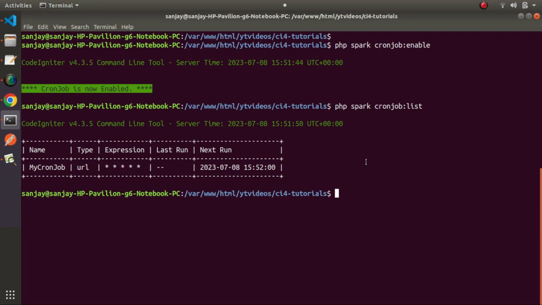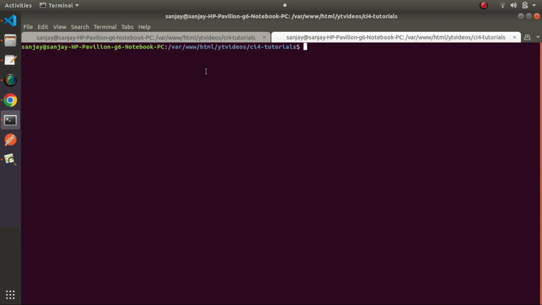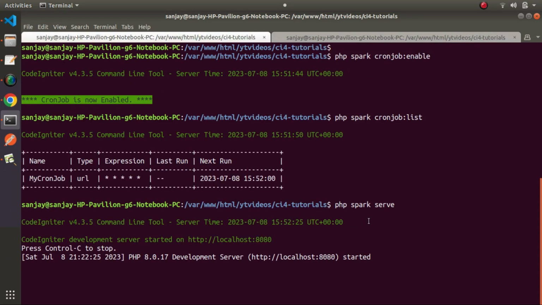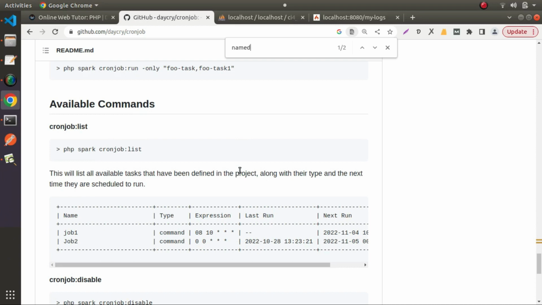So to test what we can do here, let's start development server, PHP Spark serve, press enter, development server started. Let's open one more terminal for this application. So Ctrl+Shift+T. Now I have one more terminal tab for this application. In this tab we have our application development server started. In this tab, let's go, and from documentation, I will execute